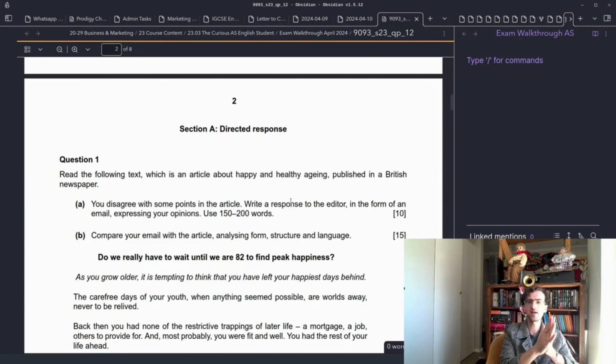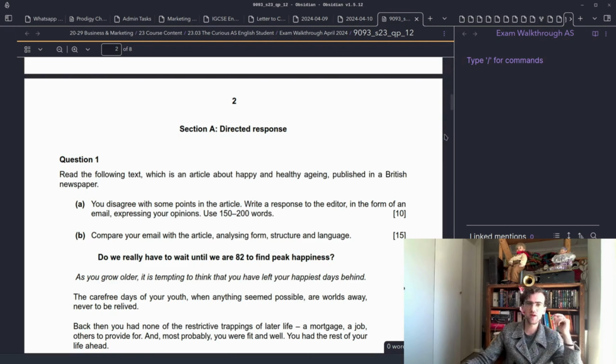So the article has one purpose, the email has another purpose. The article has one form, the email has another form. However, you might use similar language in both, because on a basic level, the one thing that is almost definitely going to be similar is your lexical fields, your semantic fields. And so you're going to use similar words because you're talking about a similar topic.